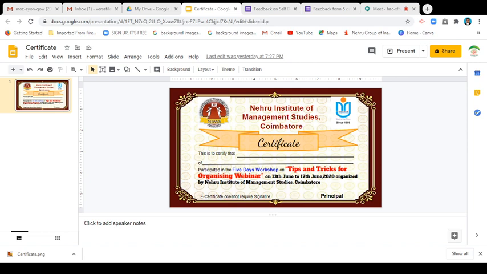Okay, and another important aspect we have to do is fill in the details. Here we have to fill two important aspects. One is the name. Here you give the provisions where the name will appear. Again you click this one, then only the white background will come, and then you can click Shape Outline. Wait a minute, somebody joined.